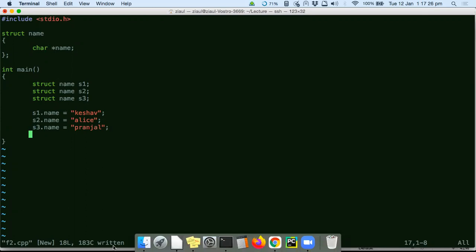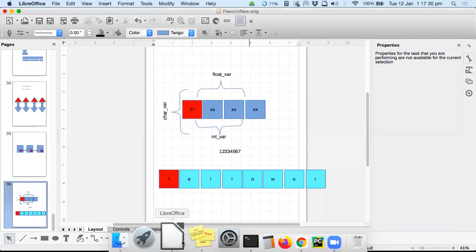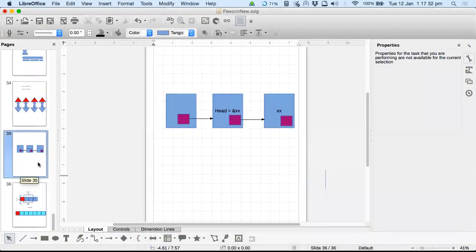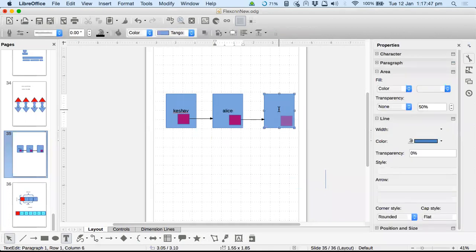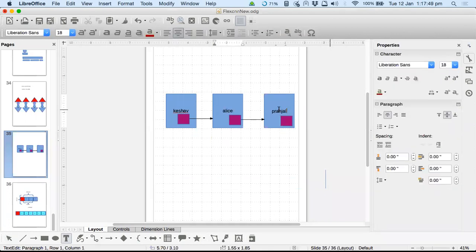But now I want to create a very special arrangement using these 3 structs. The arrangement is something like this. This is your first name. This is your second name. This is your third name, right?